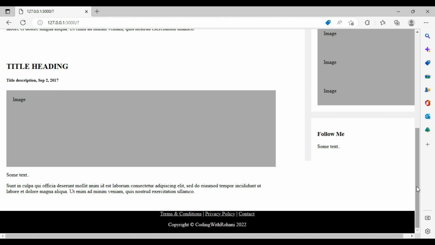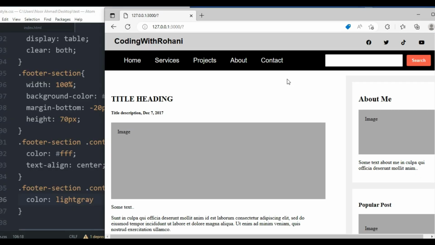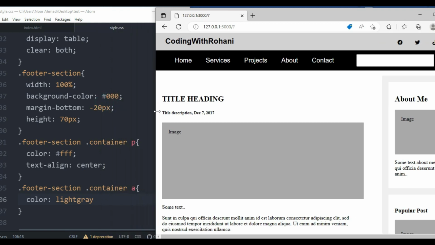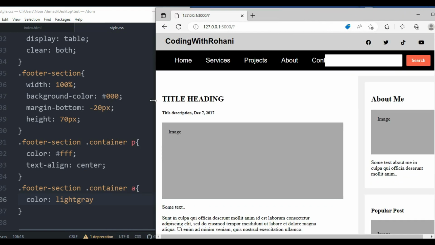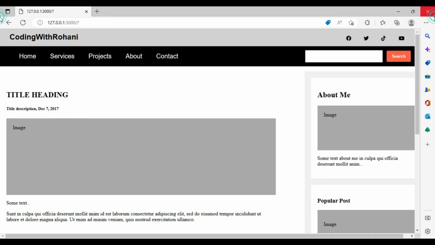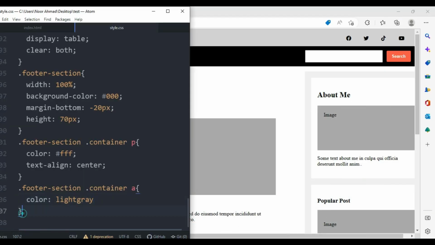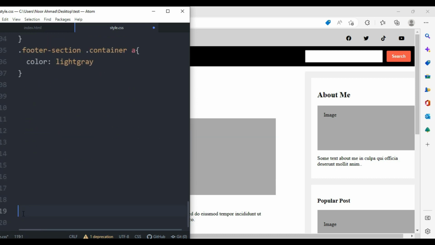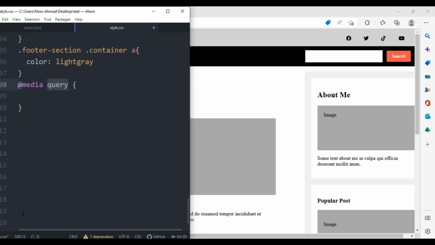So now the last section is that we need to change this into a responsive web page. So when I resize the browser, as you can see, we need to change this into responsive so that it will work in all devices, all types of devices. So for this, I'm going to jump over to the style sheet as well, and here I'm going to use the media query. So media query, and let's select the screen so that it will suit all types of screens, and here